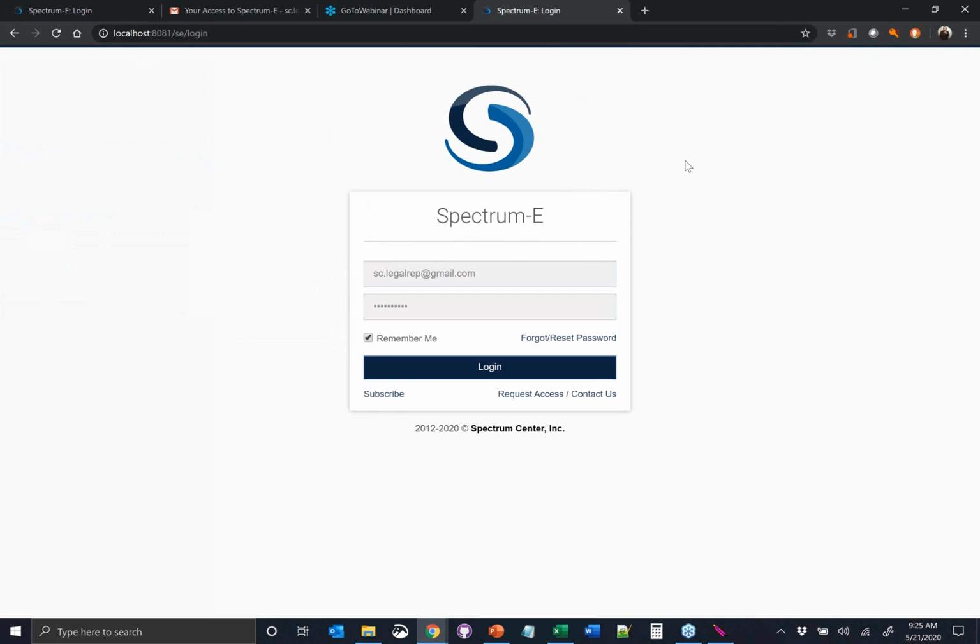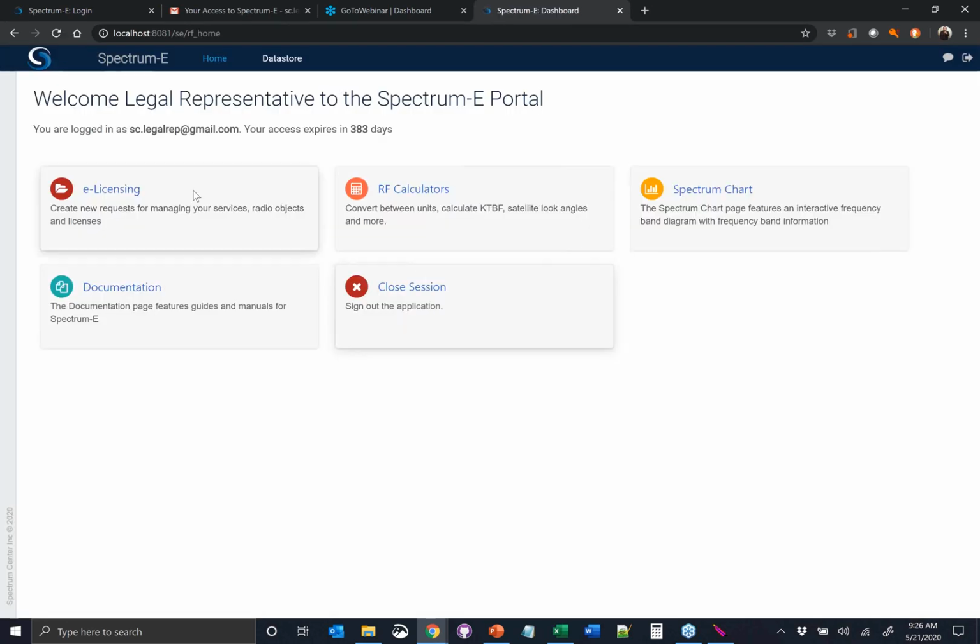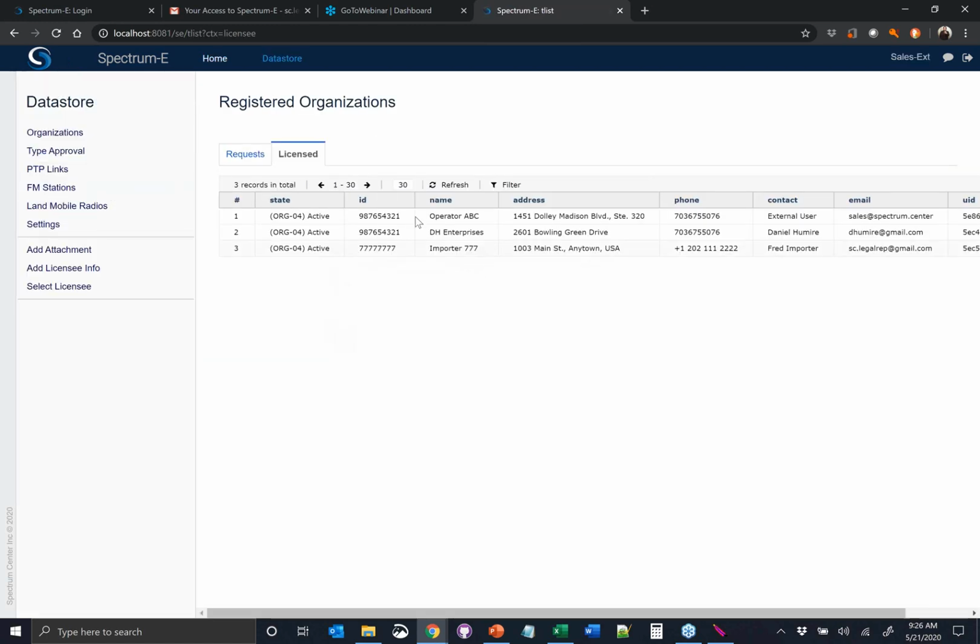And I'll be going in between what we call external access and internal access. So I'm going to continue to use this identity, this username for the external access, so the SC legal rep. And my internal access will be an internal user credential that I'll highlight when I get to that point. So I'm going to log into the system, very identical to what was online, and I'm going to go into the e-licensing option. So here you can see that this particular user has been authorized to represent these three companies,